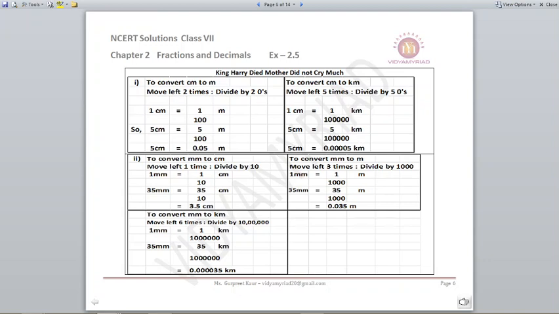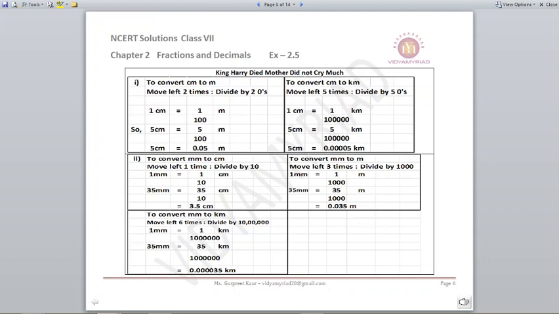Now see how I have written the decimal. In the denominator there are 3 zeros. In the numerator there are 2 digits. I need to make it total 3. So I will start from 5 and 3. The 2 digits are over and nothing is there. So I will put 0 and then put the decimal so that the 3 digits up and down are equal.